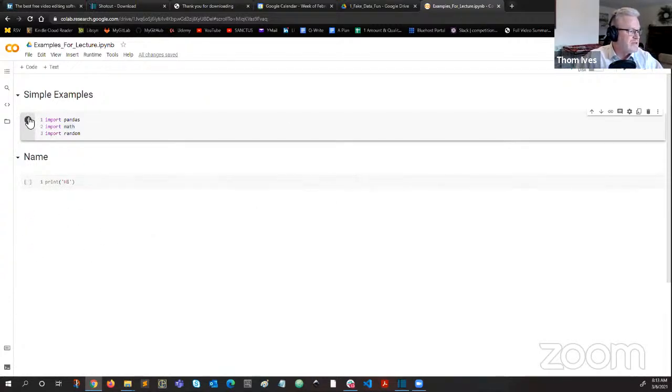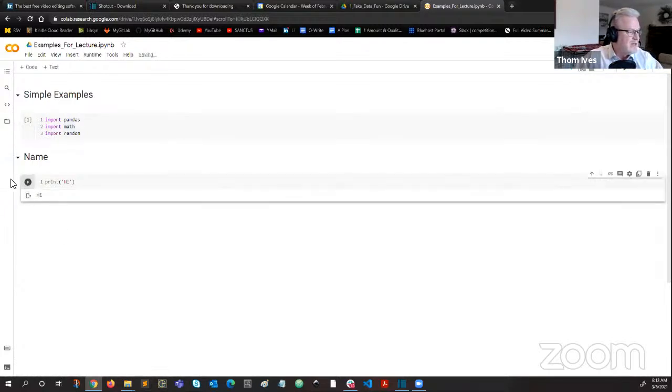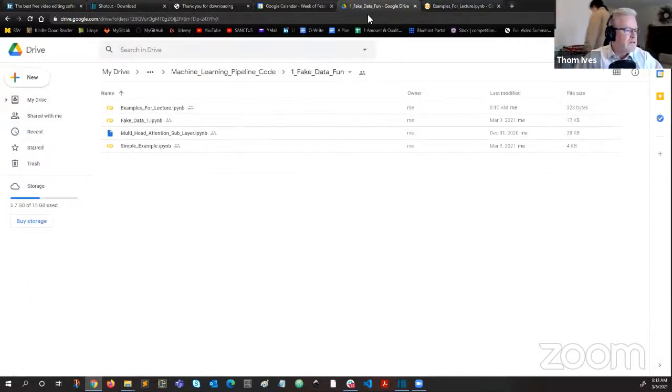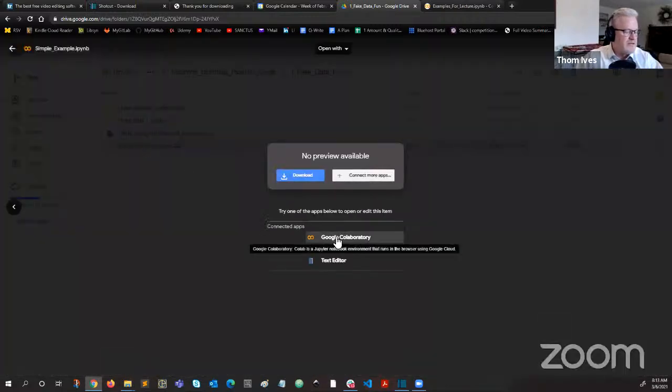So you can see it's not hovering away. But if I now run this one, I can see by its insistence here, it's saying this is the last one you ran. And then it shows you the numbered orders of ones above. So if we go back to over here, we can see it's updated that as examples for lecture like we named it. Now let's go to, I'll open this simple example where I've already done some work, and I'm going